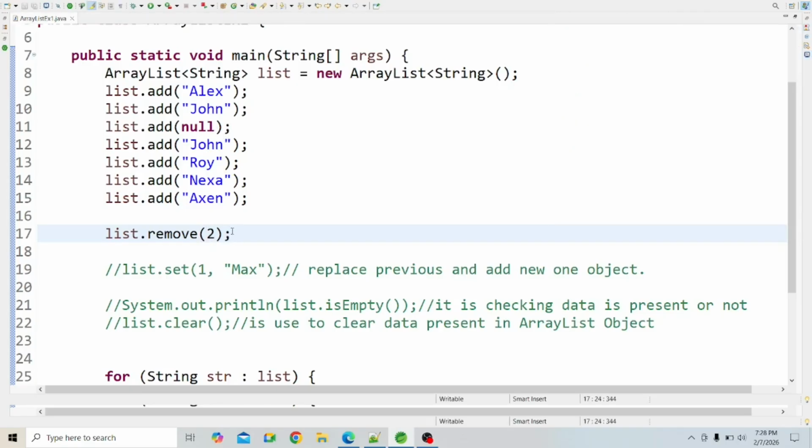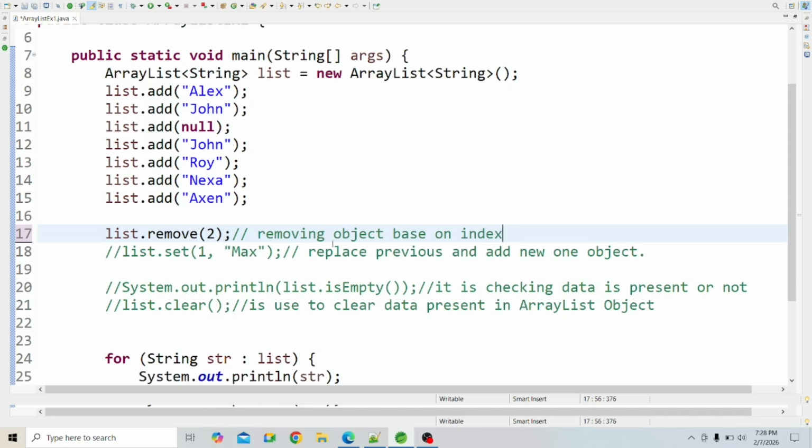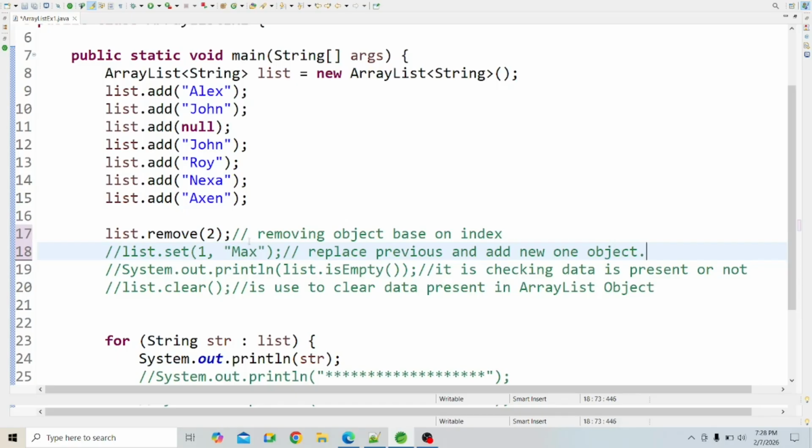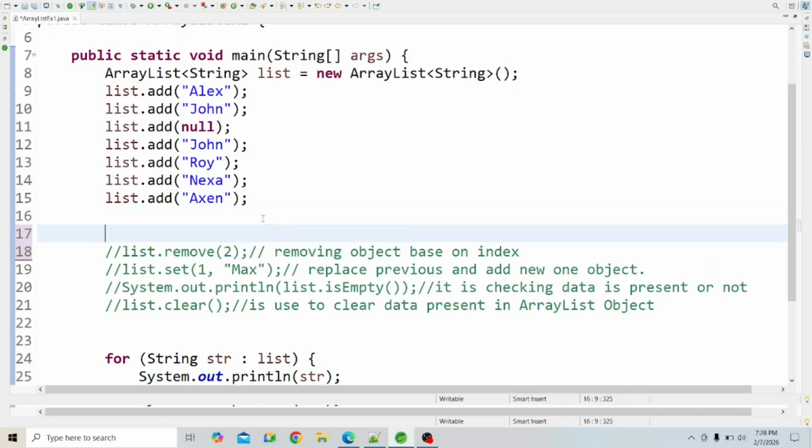So we can write here: removing object based on index, right? Removing object based on index. Set we have also seen, remove we have also seen. Let's see